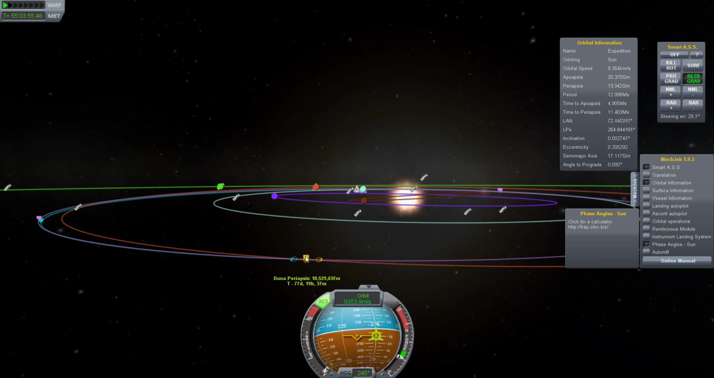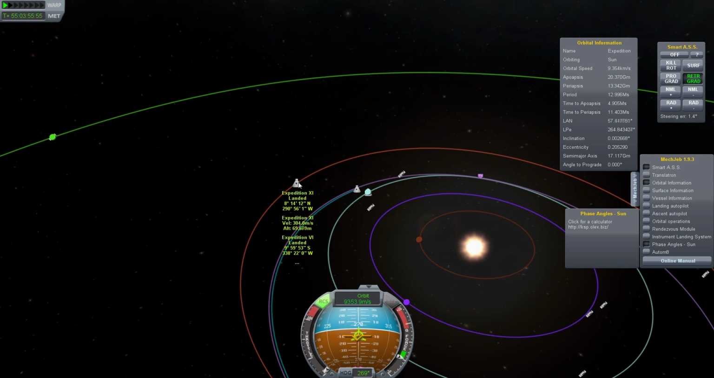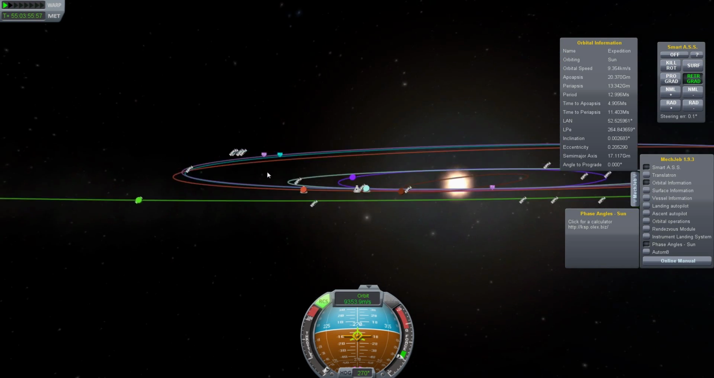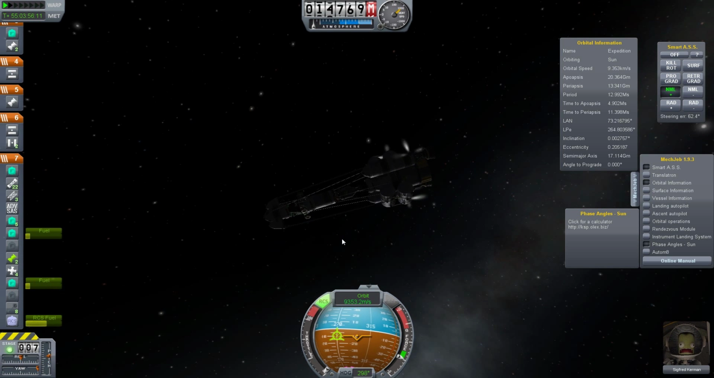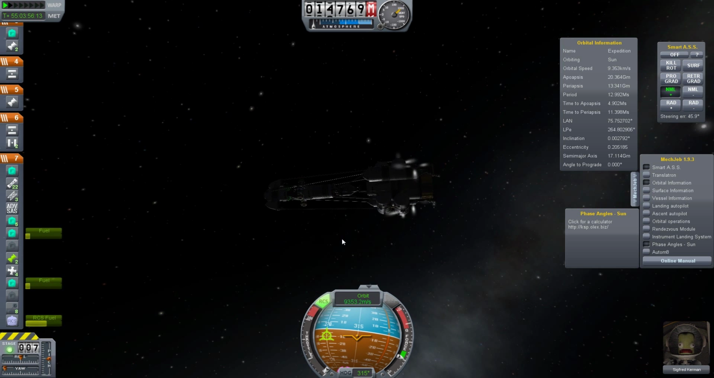This tutorial is really making me look like an ass, because usually I can get this pretty spot on. As you can see, I already have crafts landed on Duna. I have 2 or 3 of them there. It's usually fairly easy to get there, but this conics thing is really messing with me. I'm gonna try modifying inclination again, see if that works. I don't have much fuel left, so